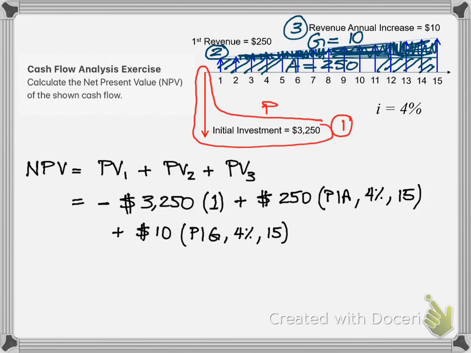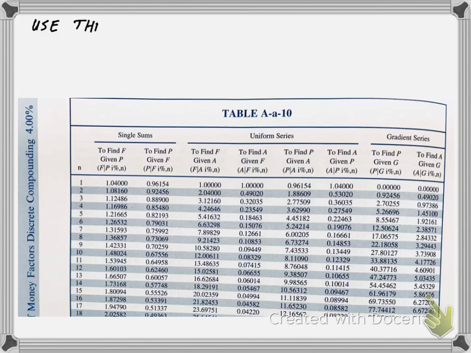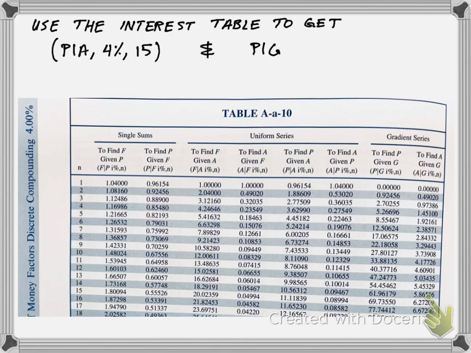So how do you get the values of these factors, P given A and P given G? There are 2 ways. You can use the formulas that are given in the textbook, long ugly formulas, but you can also use the tables. The tables are handy, you get used to them, and it's very quick to get values for the different factors. In this exercise we'll use the tables. The tables are many pages, and you find the page by the